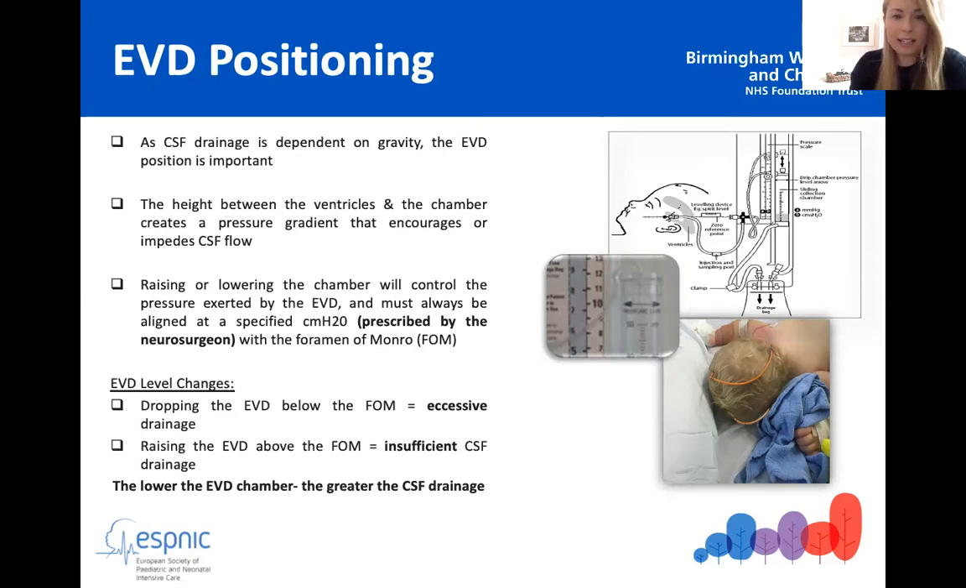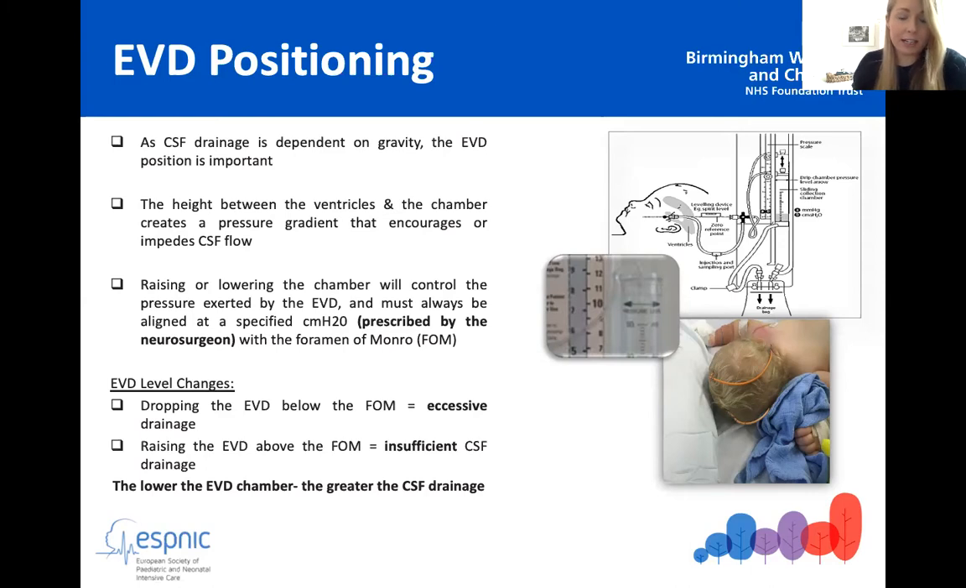But there are things that are going to change the flow of CSF throughout this system, like we've talked about. One of those could be that we have raised or lowered the EVD relative to the levelling with the tragus of the ear. So essentially, if we raise this EVD much higher than where it should be set, we're going to increase gravity and discourage CSF flow. And conversely, if we take the EVD system off and lower it below the level of the foramen magnum, we're going to make it much easier for CSF to flow into that EVD system, and potentially we could encourage a big outflow of CSF